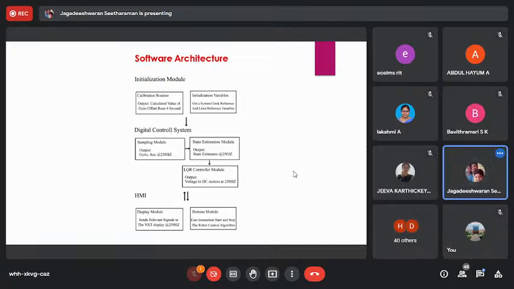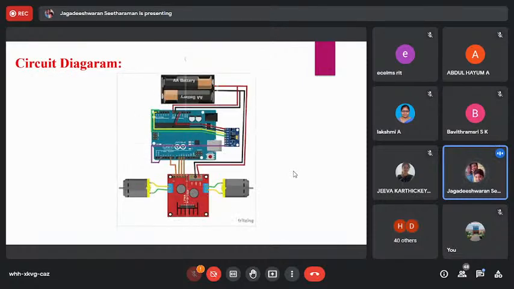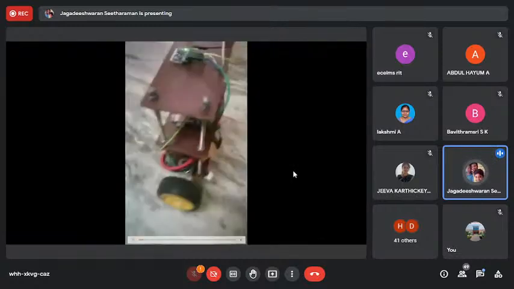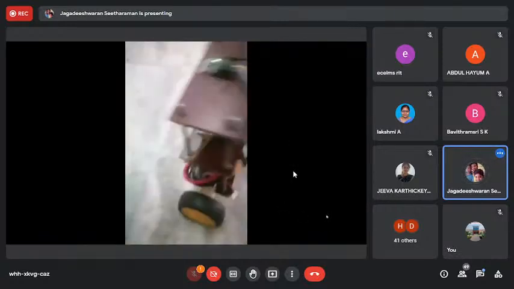Let's move to the next topic, which is the circuit diagram. Now we can see the simplified, currently updated circuit diagram. I just concentrated on the Arduino's active part connected to the motors through the motor drivers. Here the Arduino acts like a CPU controller. This is the final result of my